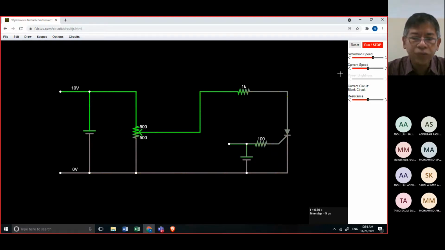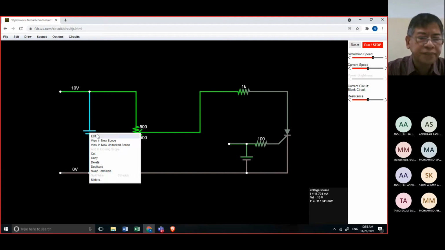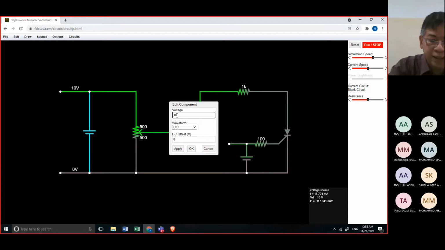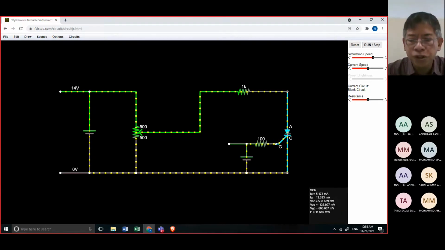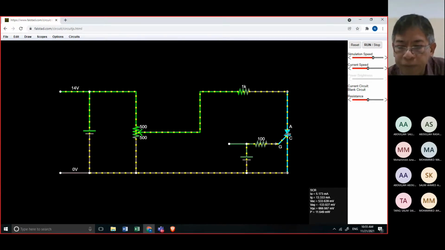So next reading that we have, for example, at 14 volts here. So let's say I change this to 14. What is our reading? So class, our reading with respect to the 14 volt source, we have the current of 5.173 milliampere, and then the voltage AC is 533.639 millivolt.